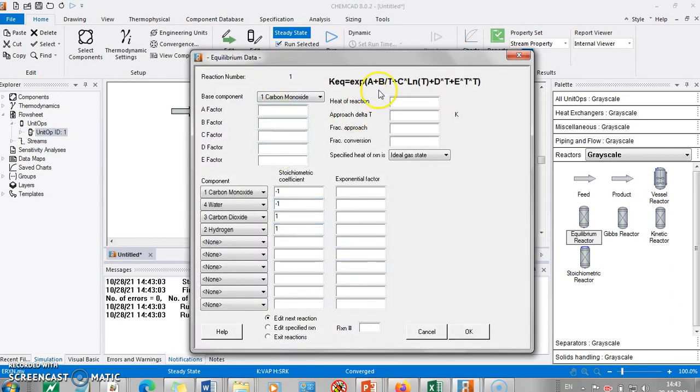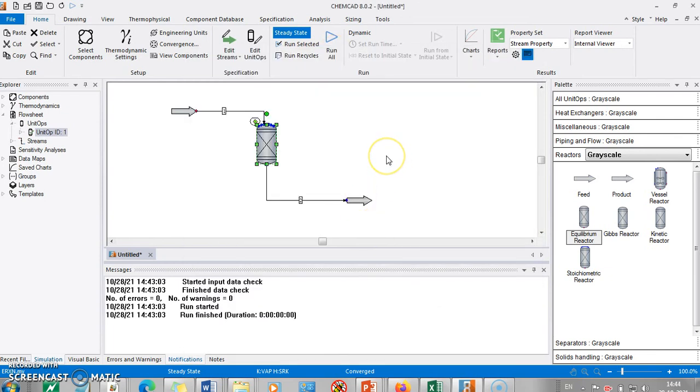If you have K as a function of temperature in expression form, provide A, B, C, D, E, right? All this information you have to supply in order to get an accurate result for the equilibrium reactor. So this is how you can simulate an equilibrium reactor in ChemCAD. Thank you.